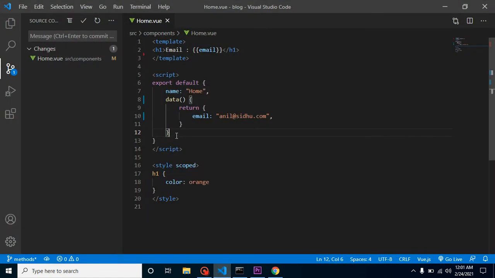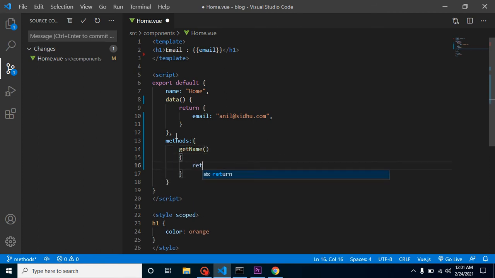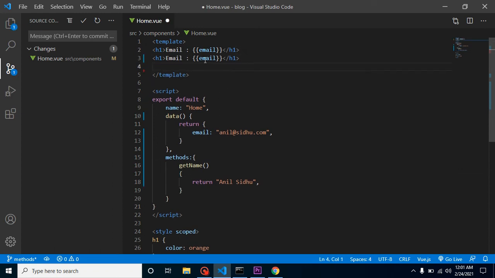For that you need to use the methods property like this, and inside it we can define methods like getName. We can return our values. Let's say I'm returning my name, which is Anil Sidhu. And we can simply use this method inside our HTML template right here.